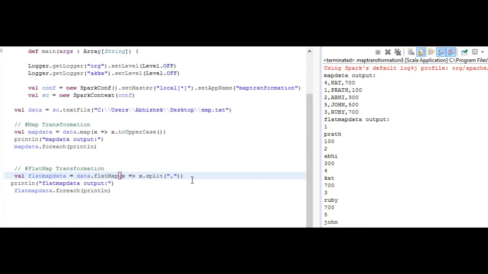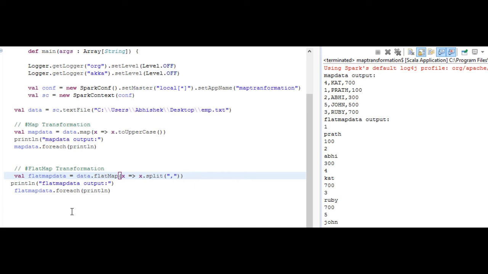But the difference is that the number of input elements may or may not be the same as the output. In map, the number of input elements equals the number of output elements. But in flatMap, the number of output elements can differ from the number of input elements.